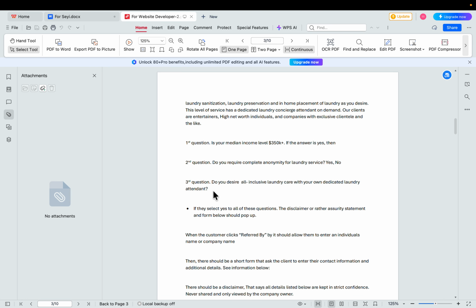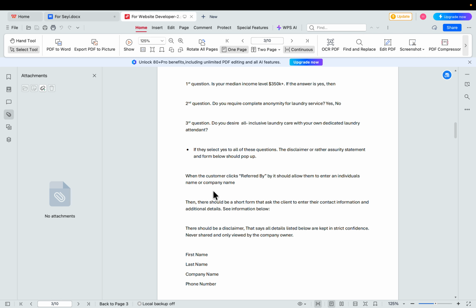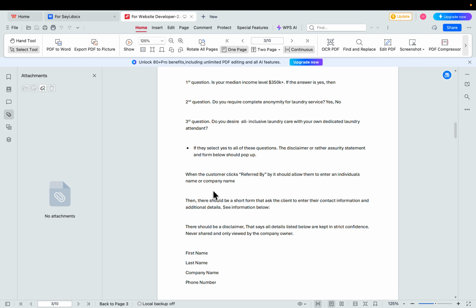That is correct. And also, when they fill out this form, if they say yes to everything and they do qualify, I want them to still have to complete the form where they enter their first name, their last name, company name, phone number, and so on. And then definitely it goes to the Calendly link. Okay, so if they qualify for everything after they fill in the questionnaire, you want there to be a form, and after the form they should be able to go to the calendar link, right? Yes. Okay, got it.